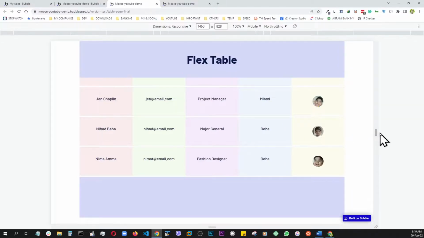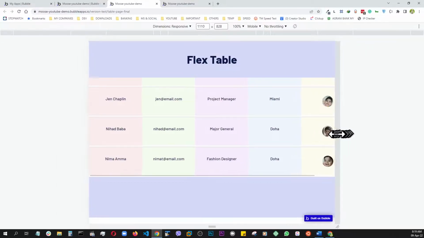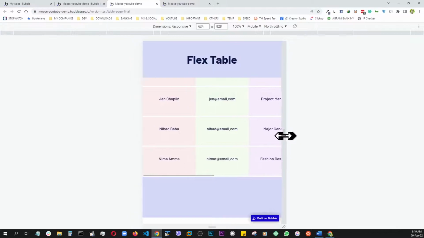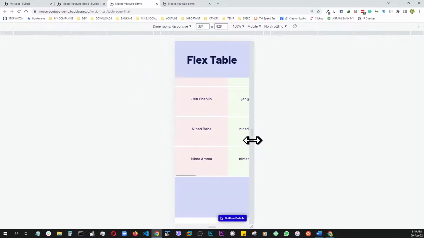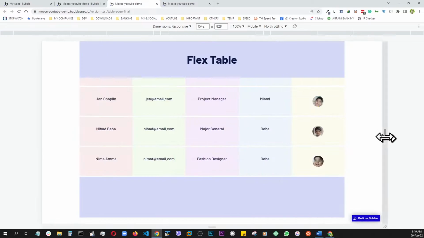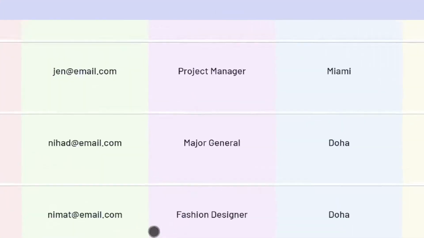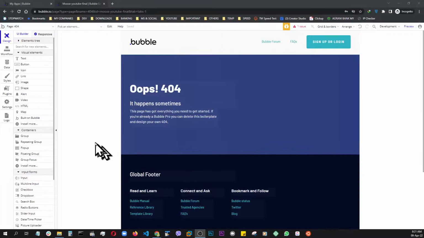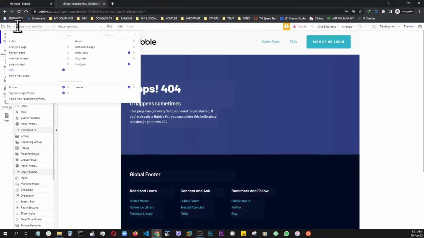And also, once we shrink it down to a smaller device like a mobile, users still can just slide it and look at the whole table. And this is the one we're going to be using as our design to build this from scratch in Bubble. So let's get started. All right, so we are at our Bubble editor, and let's get started by adding a